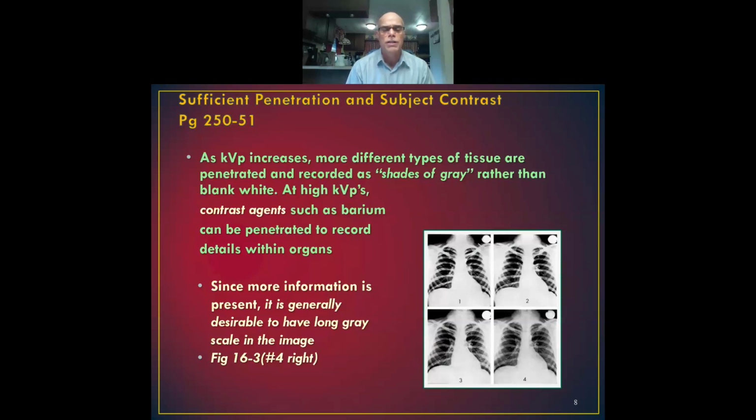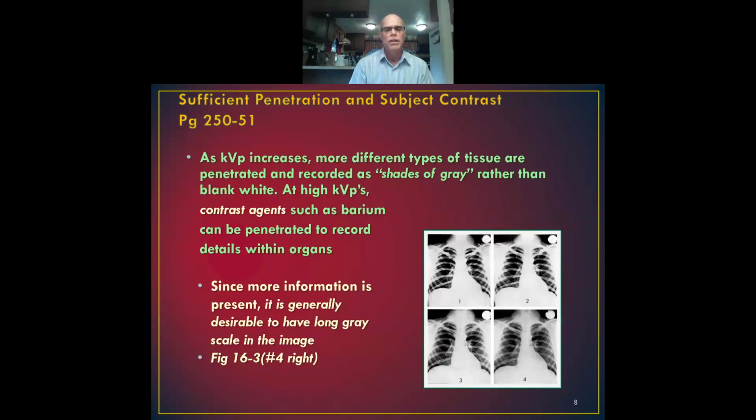And it says Figure 16-3, number 4 to the right. You can see why there's a lot more grays. You can see a little bit of the lung markings. That's what we're after. We don't want that bright black and white like image number 1. We want number 4. That's a good thing to learn as we'll be talking about the chest and